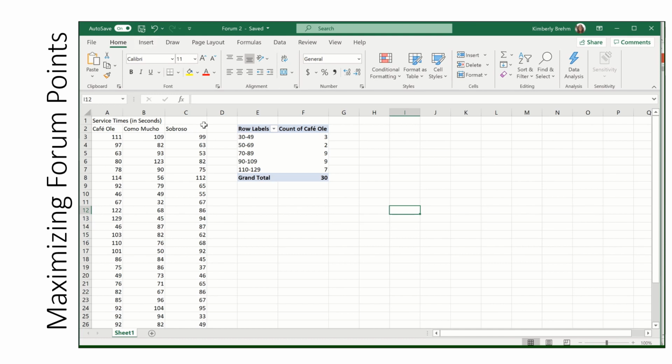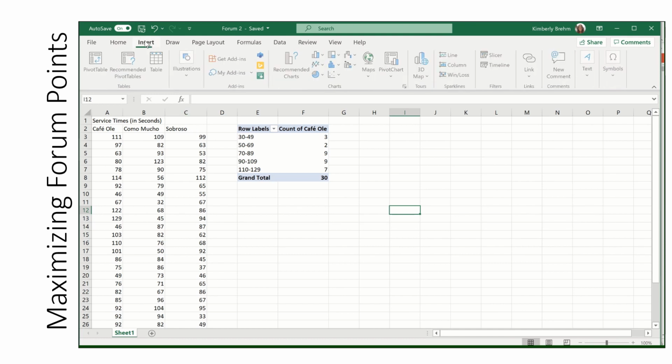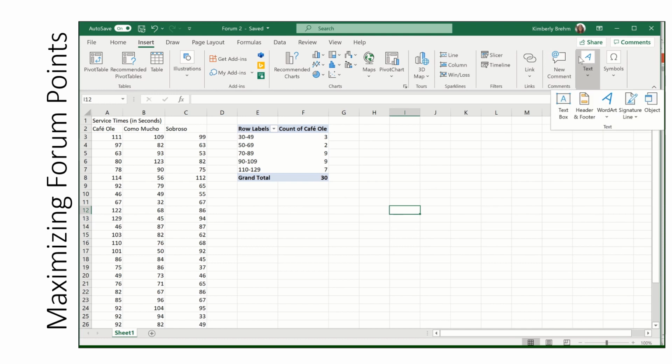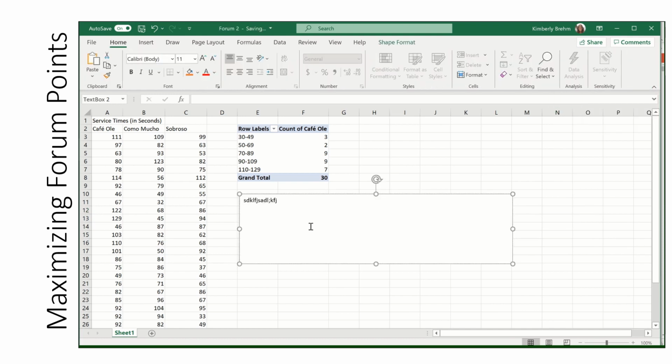If you're going to include your response in Excel, a lot of people click Insert and then Text Box, and notice then below I can type in what my solution is. I believe whichever restaurant has the shortest serving times and why. It's not necessary to explain it here. I will show you where you can explain it in the forum as well. Once you've done all 3 and answered the question,